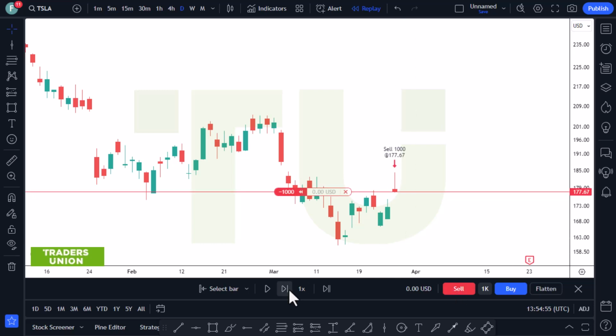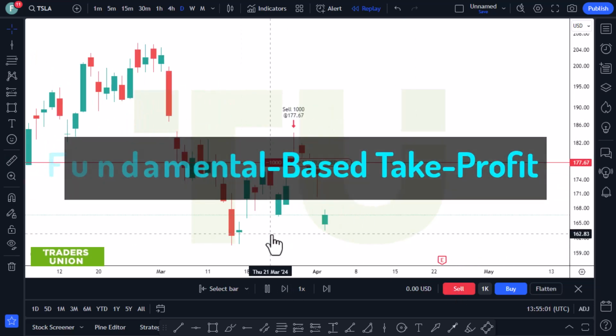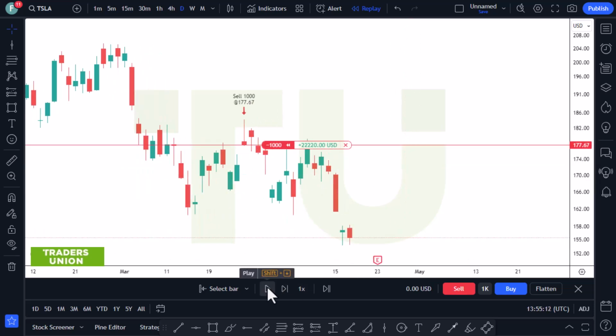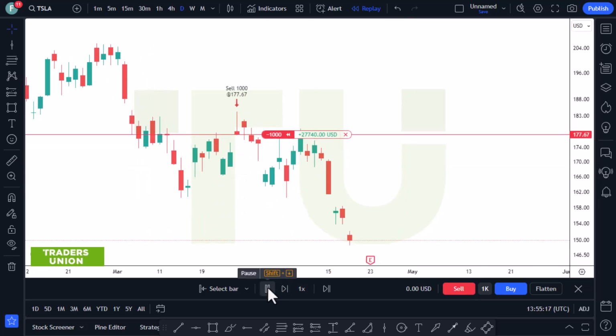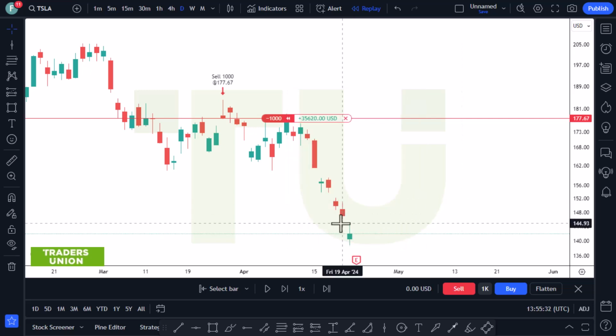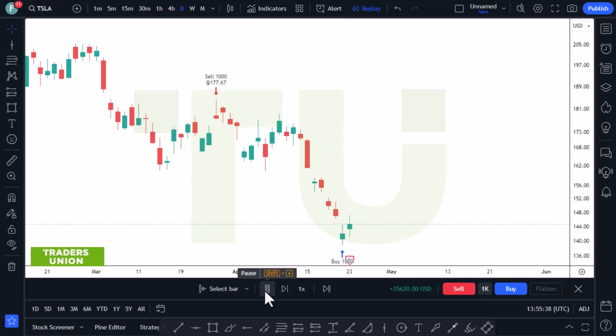Now, let's take a look at a different approach, a fundamental-based take-profit strategy. This involves setting exit levels based on factors affecting an asset's intrinsic value, such as company earnings, economic indicators, or geopolitical events. This strategy relies on your ability to analyze the asset's intrinsic value rather than market trends or technical